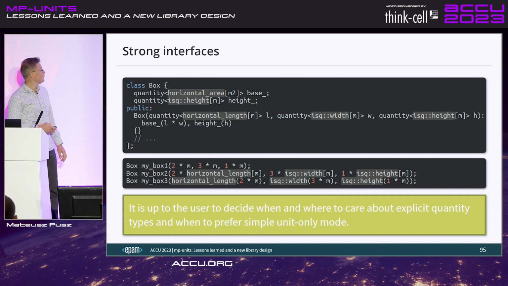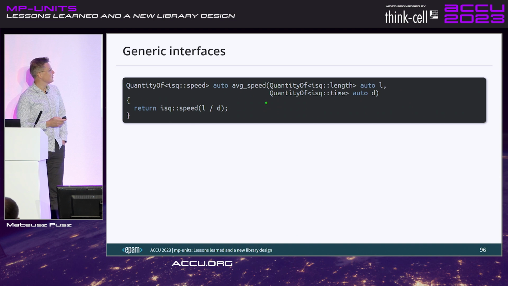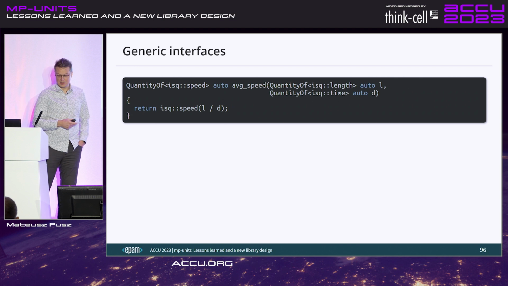You can also write generic interfaces, because those require specific quantities, in meters for example, right? You can write generic interfaces using templates and concepts, saying this first argument will be a quantity of length, the second a quantity of time, right? Constraining the auto type here. And the result will be a quantity of speed. And I'm just taking those, dividing, converting to ACCU speed explicitly, so it is a correct quantity spec, and returning